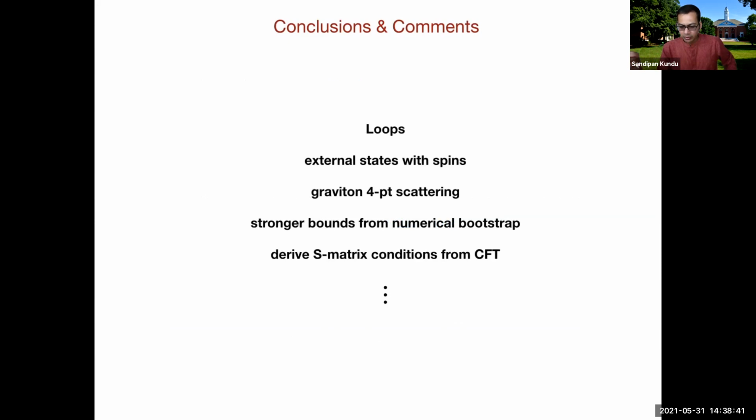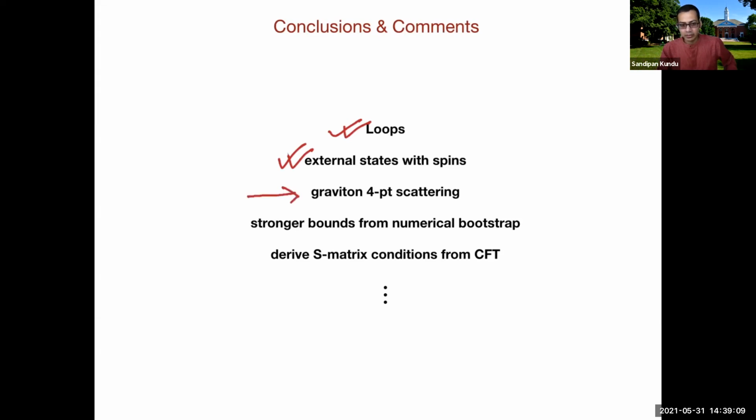Since the CFT theorem that I mentioned in the beginning is applicable even when you include loops or you have external states with spin, a straightforward generalization of the work here can be done by taking loops or adding spin to the external fields. But to me, the most important application should be